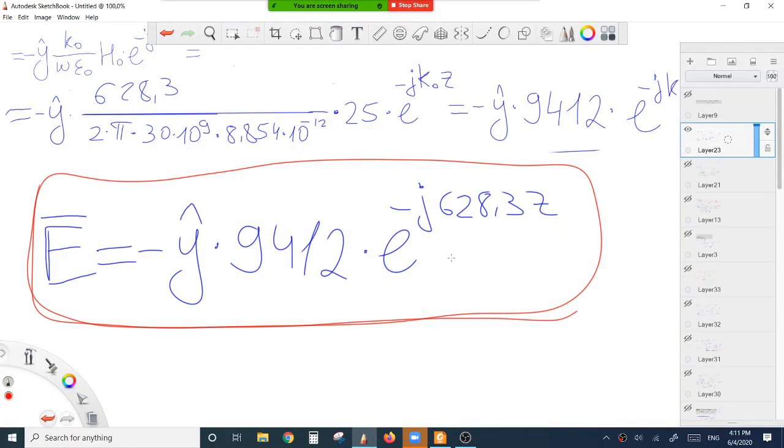Well, in the previous lesson, in the previous hour, we have discussed how to find electric field intensity of the electromagnetic wave from the magnetic field intensity. Okay, I think it is not so difficult. It was easy. And now